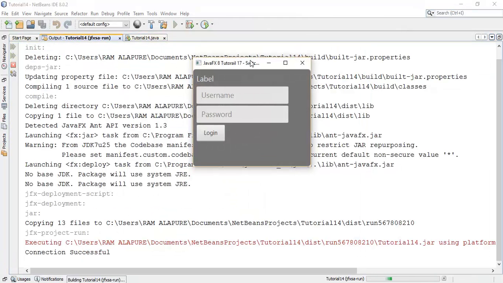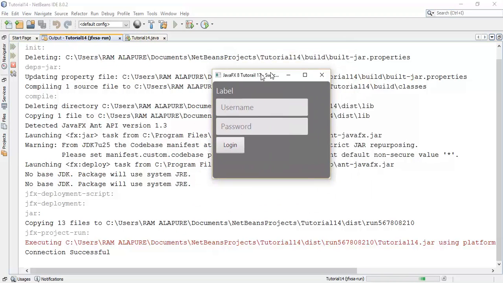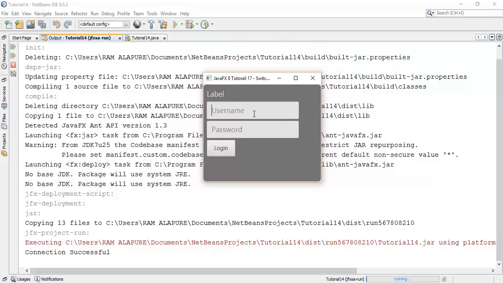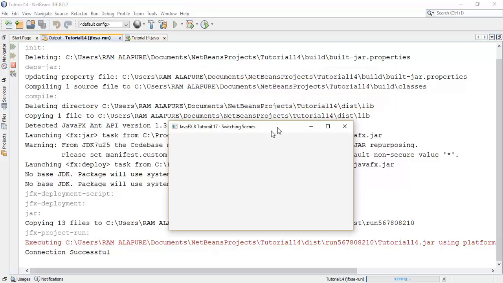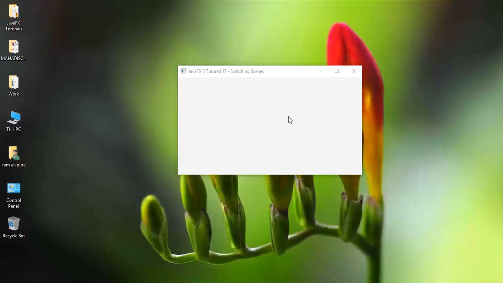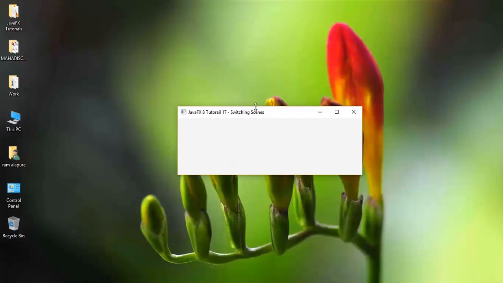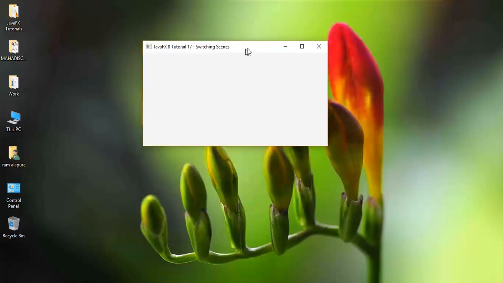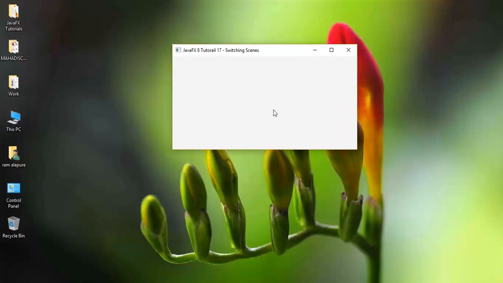So it is movable now because we have commented out the initial style, and now I'm going to check the login again. So this is our newly generated scene, and you can observe that the other scene, the first previous scene, is automatically hidden when the other scene is generated.